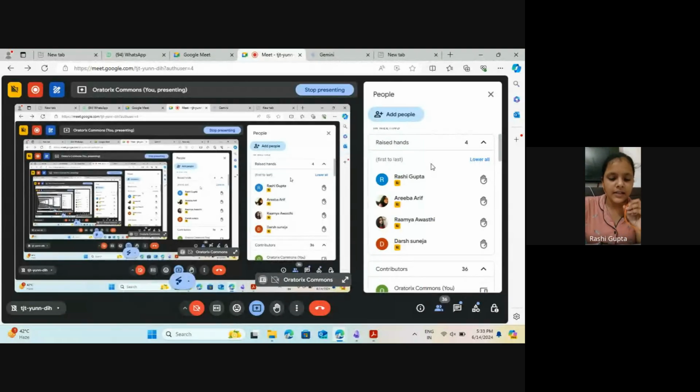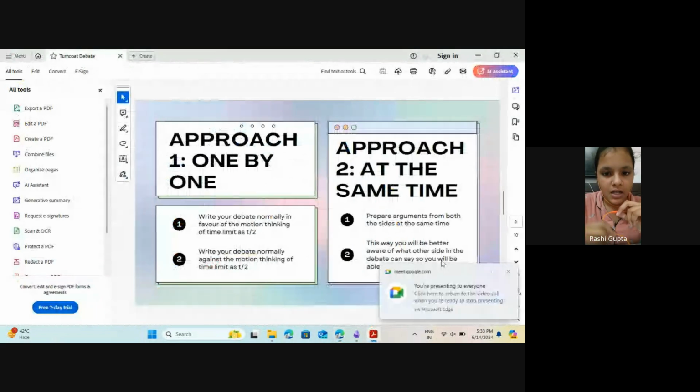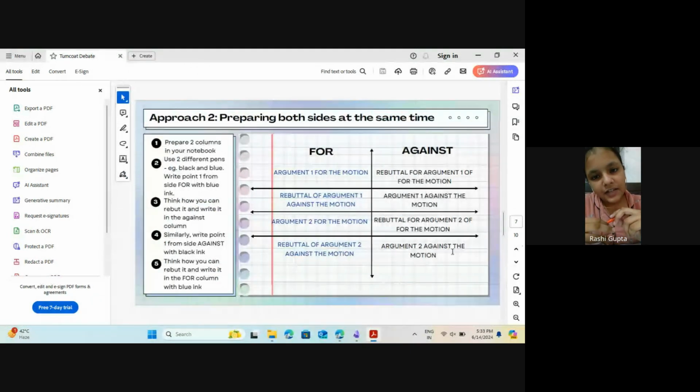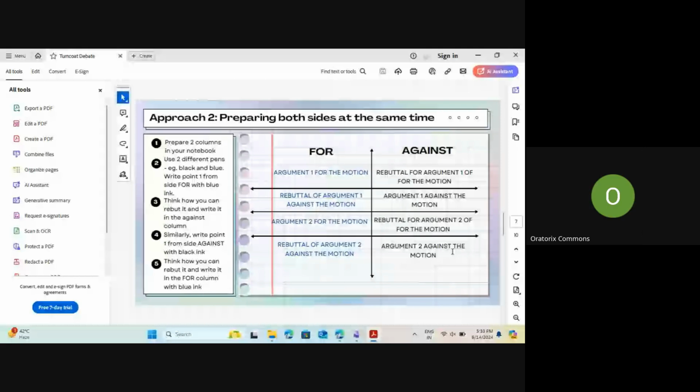Sir, in the second approach, in the slide it is written, prepare the rebuttal for argument one. So, sir, I'm a bit confused that we are only speaking for and we are only speaking against it. So rebuttal for, I hope you understand. Yes, sir. देखो, आइडियली व्हाट यू शुड बी डूइंग इज, अगेंस्ट में जो आपने